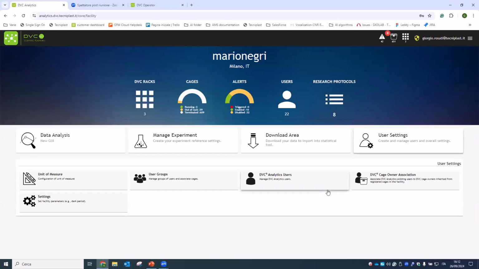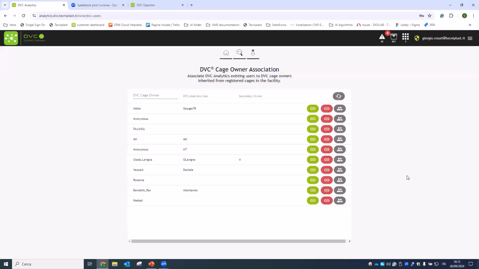It works in this way. There is a specific button called DVC Cage Owner Association. By clicking this button as a manager, because only the facility manager can access this button, I have full access to the long list of cage owners created